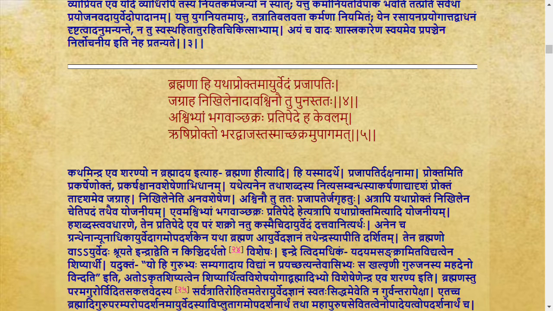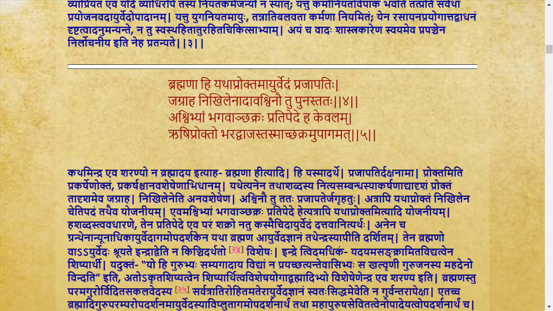I quote shloka number 4. Brahmana hi yatha proktam ayurvedam prajapatihi jagraha nikhilena adau ashvinau tu punastatah ashvibhyam bhagavan shakrah pratipedeha kevalam rishiprokto bharadvajah tasmat shakramupagamat. Here shloka numbers 4 and 5 explain the Ayurveda avatarana. In the same way, we have studied the Ayurveda avatarana in the first chapter of Ashtanga Hridaya Samhita. The shloka is something like Brahma Smrutvayusho Vedam Prajapati Majjigrahat. We have already discussed that shloka,